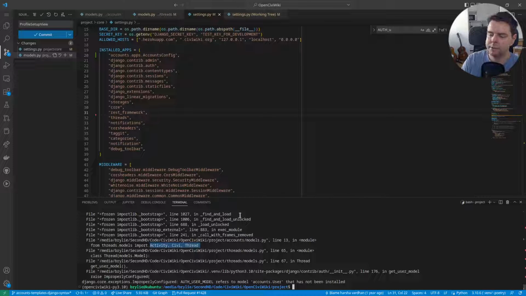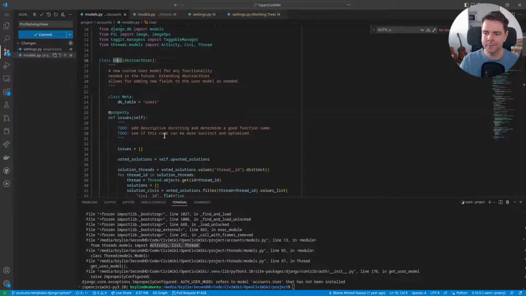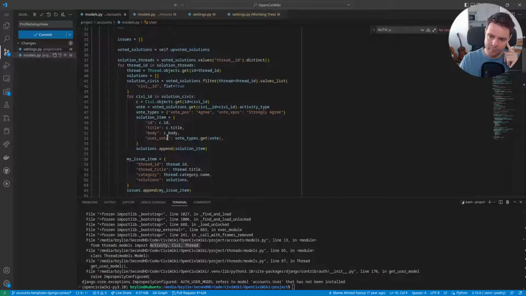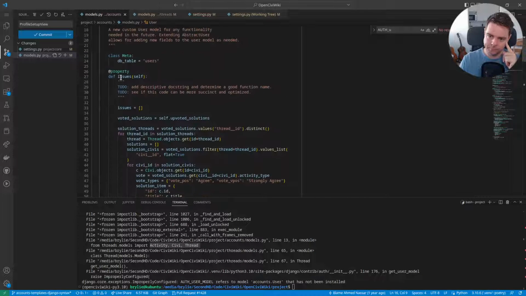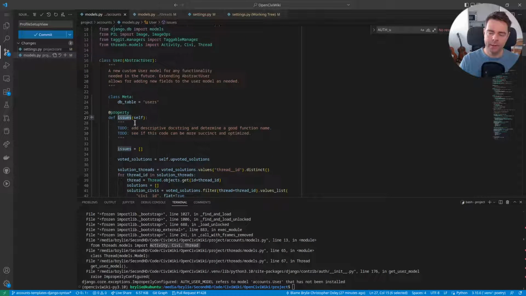I think it's these circular imports. Right, when I moved this code over, I added some imports so that this would work. The problem is that